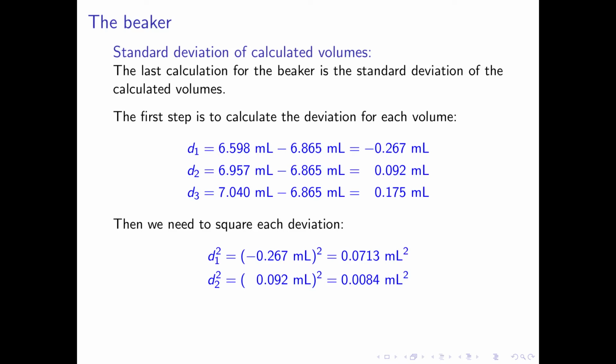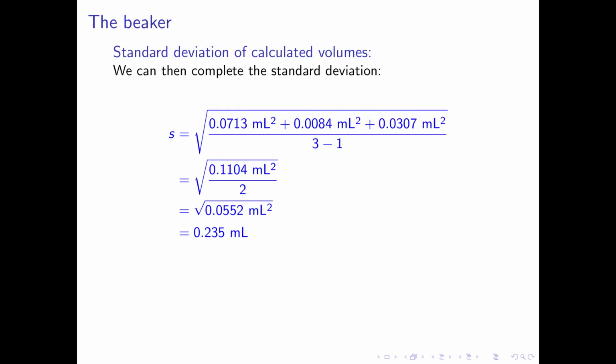For the second deviation, we get 0.092 milliliters squared, or 0.0084 square milliliters. And lastly, for the third deviation, we get 0.175 milliliters squared, or 0.0307 square milliliters. The final step is to complete the standard deviation. Recall that we begin by summing the square deviations, dividing by n-1, and then taking the square root of that result. In this case, we have